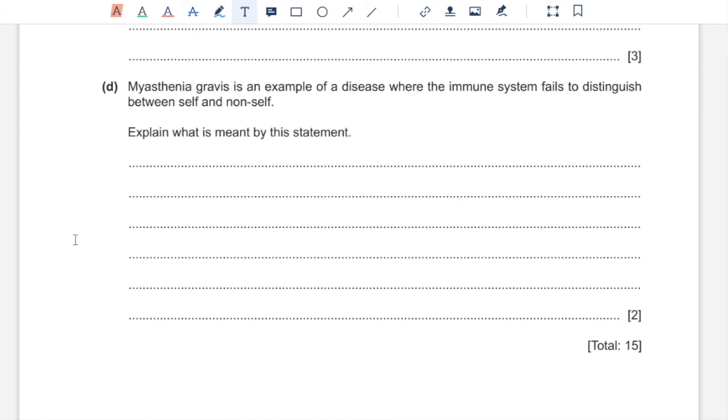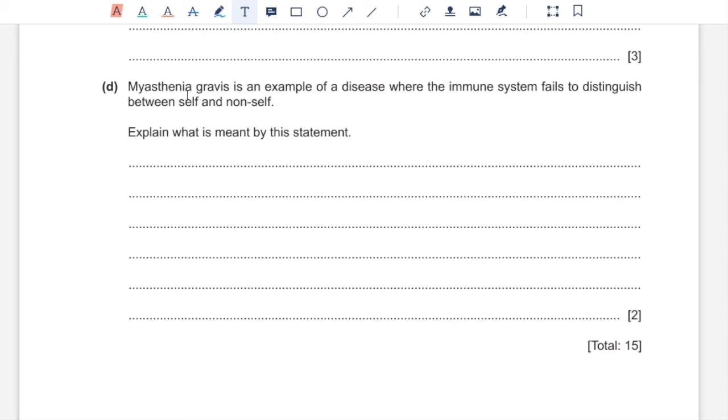Myasthenia gravis is an example of a disease where the immune system fails to distinguish between self and non-self. Explain what is meant by this statement. The immune system distinguishes between self and non-self antigens when it's supposed to carry out an immune response, meaning in this autoimmune disease, the immune system carries out an immune response against antigens that are self,